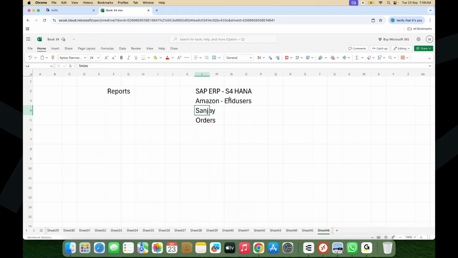And when Sanjay approaches one of the end users, who is a representative from Amazon, and tells them, a couple of orders I have placed and there is no clarity on the order delivery, I wanted to see the real status. Then this customer support person is going to use the SAP ERP software and run a transaction code, let's say Z order status. And when he runs this transaction code, he'll get order IDs